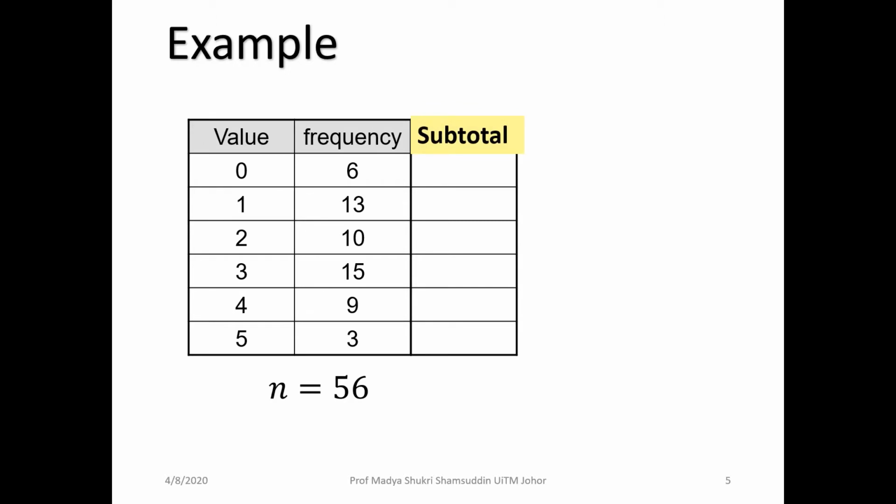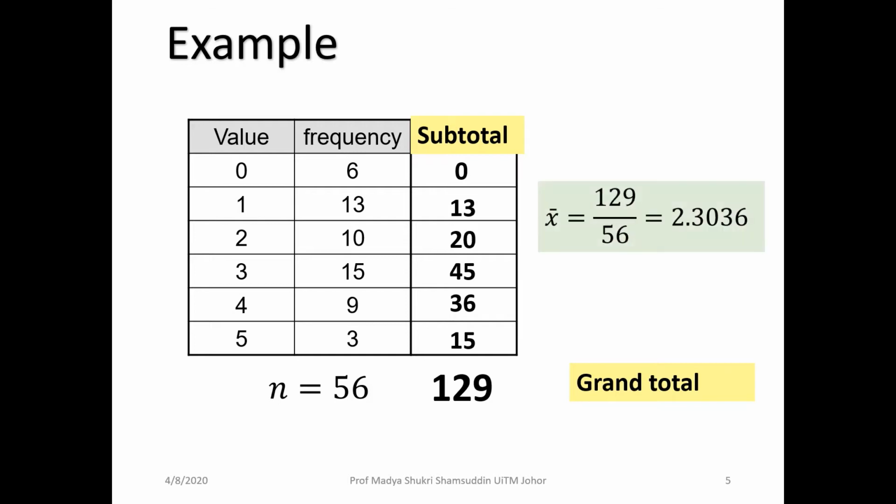Hence, the first subtotal is 0 multiplied by 6, which is equal to 0. 1 multiplied by 13 is equal to 13. 2 multiplied by 10 is equal to 20. 3 multiplied by 15 is equal to 45. 4 multiplied by 9 is equal to 36, and 5 multiplied by 3 is equal to 15. The total sum of the values will be 0 plus 13 plus 20 plus 45 plus 36 plus 15, which is equal to 129. Therefore the sample mean x bar is equal to 129 divided by 56, which is equal to